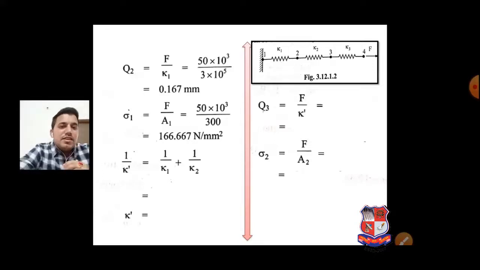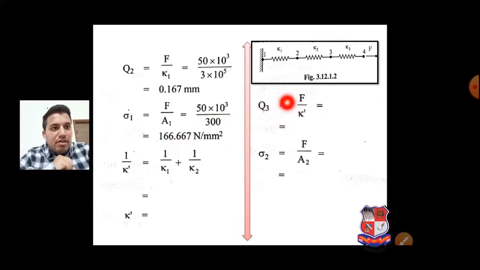In the previous method we found the stress only up to the end of the steps, but here we have to find each and every stress as well as displacement at a particular node in between. So now we combine both K1 and K2. Here, first we find it for the first one. Now to find it at node number 3, here is the Q3, but Q3 is equal to K dash,